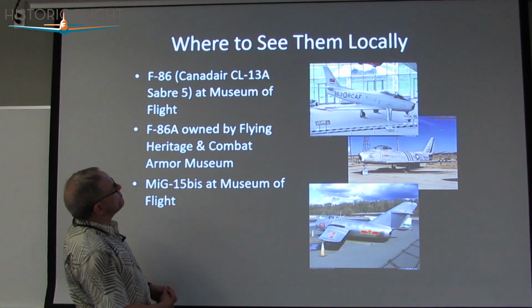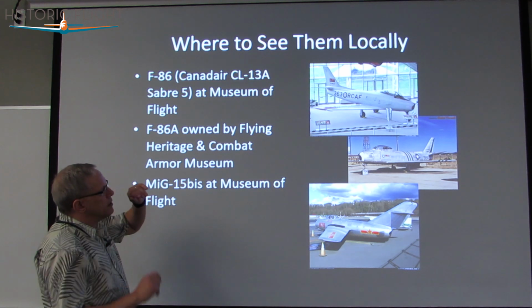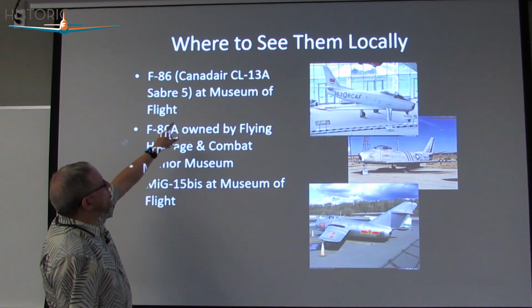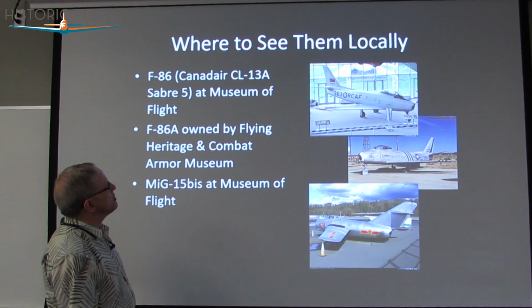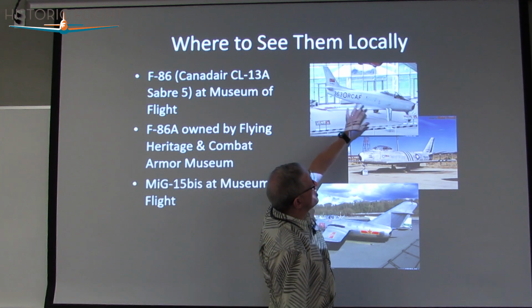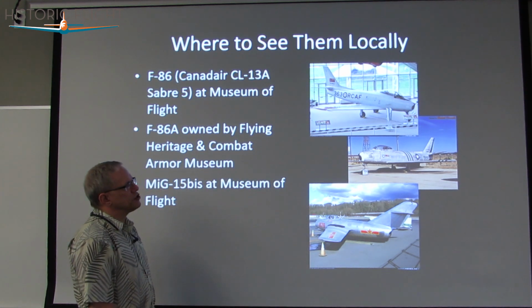Where to see them locally? Canadair actually built Sabres up in Montreal. And they built the Sabre 5, which did not have a US equivalent, but Boeing bought one, used it as a chase plane for many years, and it's now displayed at the Museum of Flight in its original RCAF